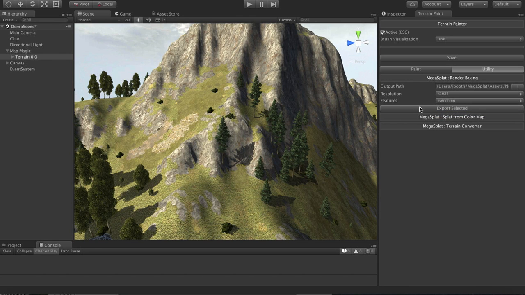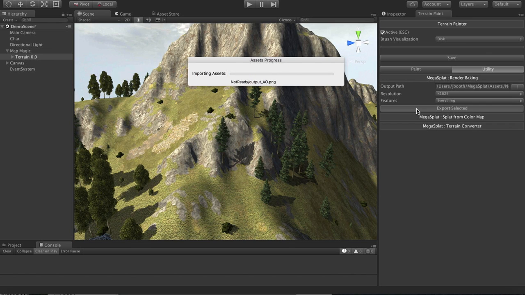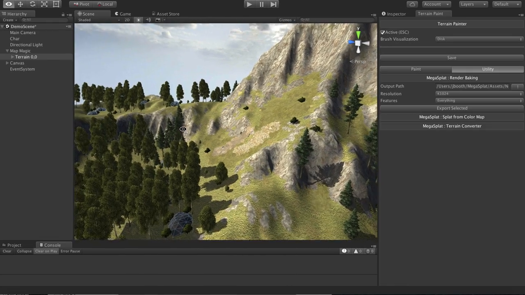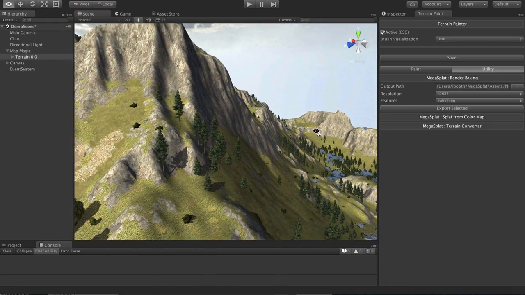And then if we export selected, it's going to render out this whole terrain into a texture that is the albedo, the normal, the specular, the metallic, etc. It's pretty quick. On terrains, it's actually really easy to do. On meshes, it's a little more complex, but it works on both. There is one restriction on meshes, which is that if you select a whole bunch of meshes, and they all happen to use